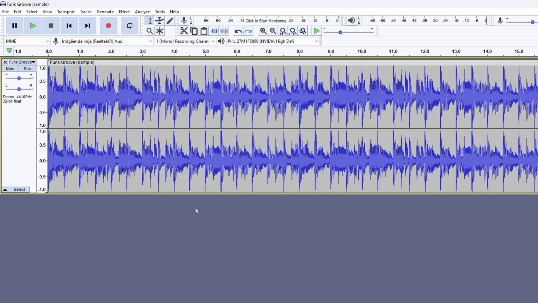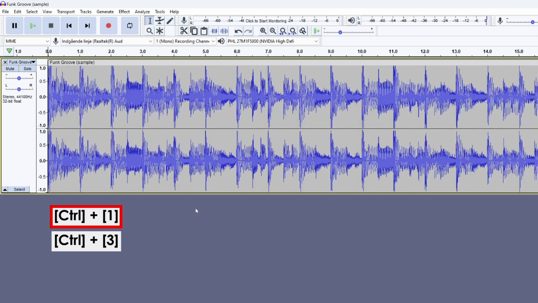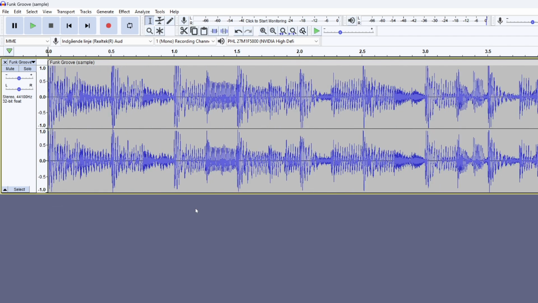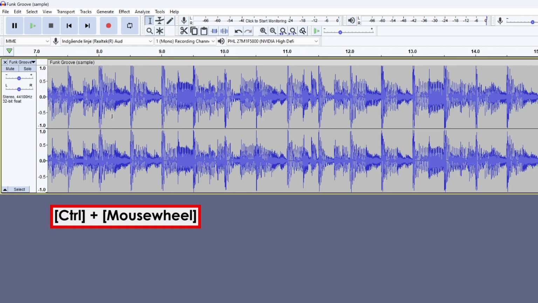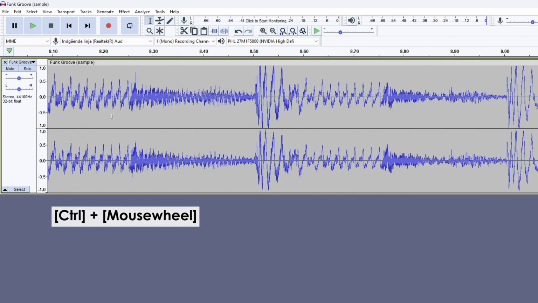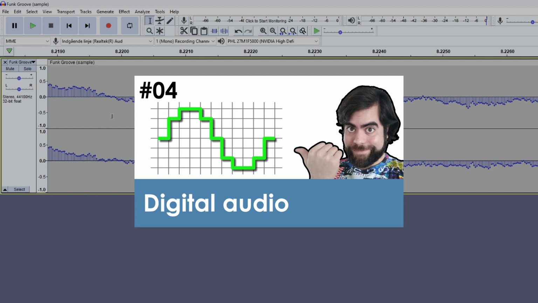To zoom in and out, you can use Ctrl 1 and Ctrl 3. Or you can use Ctrl and the mouse wheel. If you get close enough, you will be able to see the individual samples, which I covered in the previous episode on digital audio.